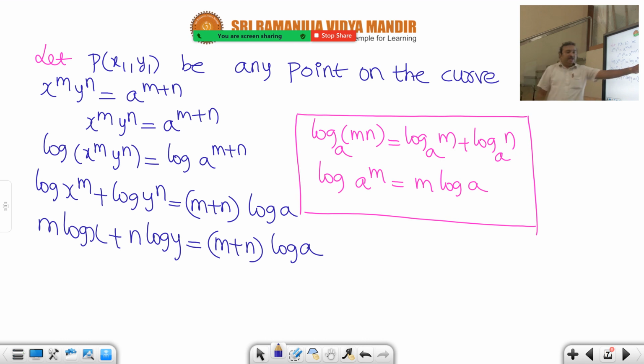Once again see, logarithm of a power m, formula m log a. Similarly logarithm of x power m is m log x, logarithm of y power n is n log y. Now moving to next slide here,